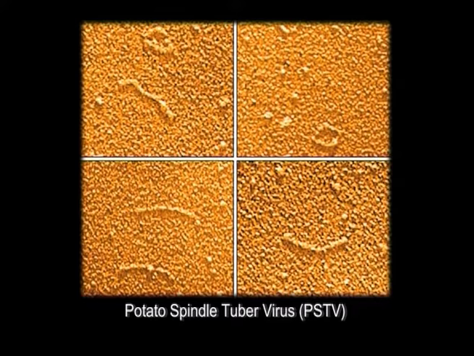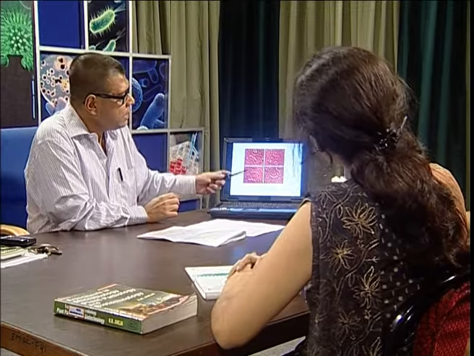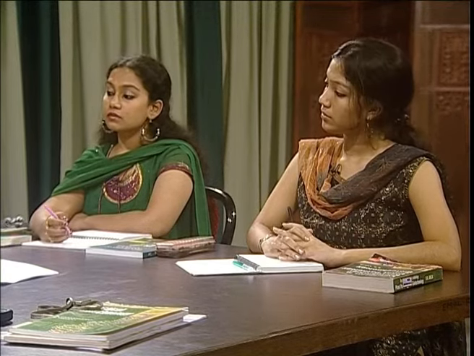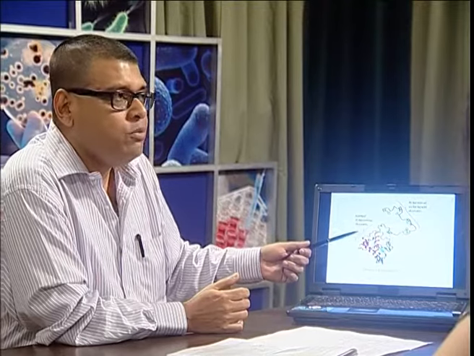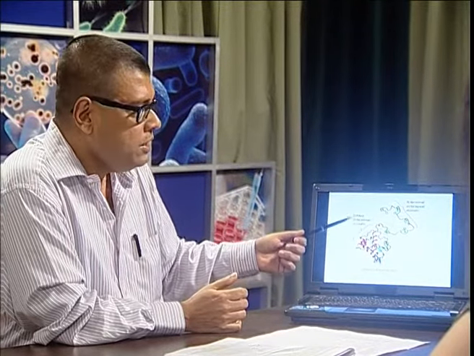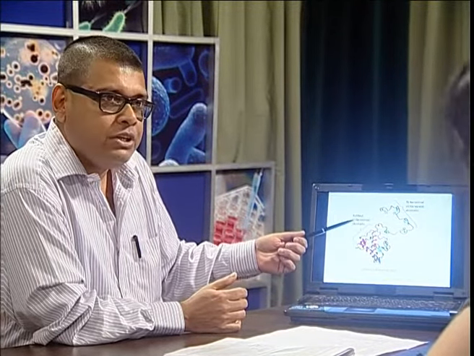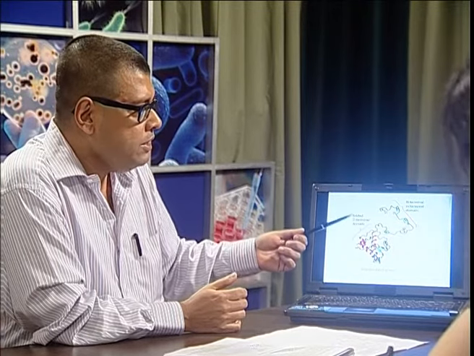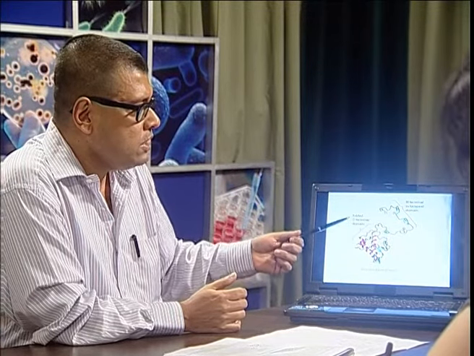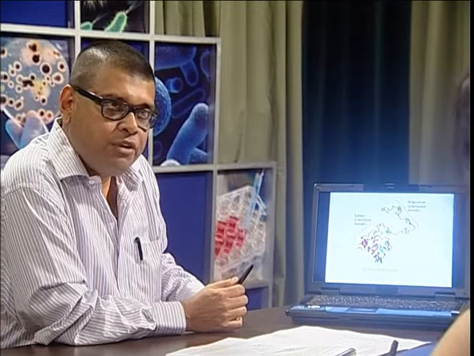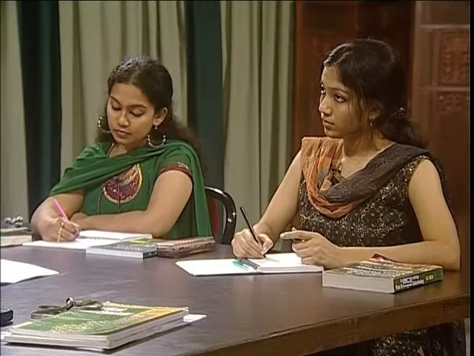As you can see in this slide, these are nothing but RNA molecules, and these RNA molecules cause the potato spindle tuber disease, but it is only a part of the virus causing infection. Similarly, in the next slide you can see a very important structure which is actually a folded protein structure, and this protein is also known as a prion protein, and this prion protein is important because it causes a disease called bovine spongiform encephalopathy, or mad cow disease.